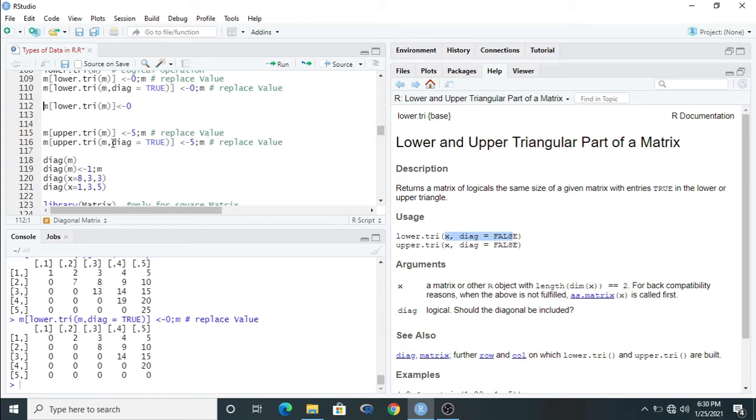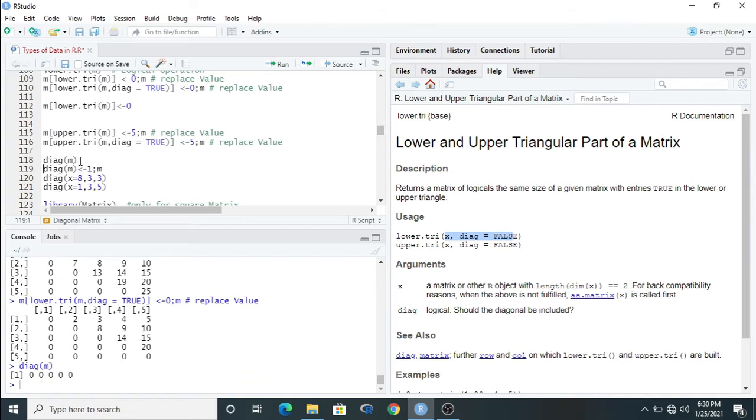So identify the diagonal of m. If a matrix already exists, then we can run diagonal of m. It indicates only the diagonal elements or diagonal values. Okay, if we want to change the diagonal values, then the same thing, diagonal of m, then assign 1.